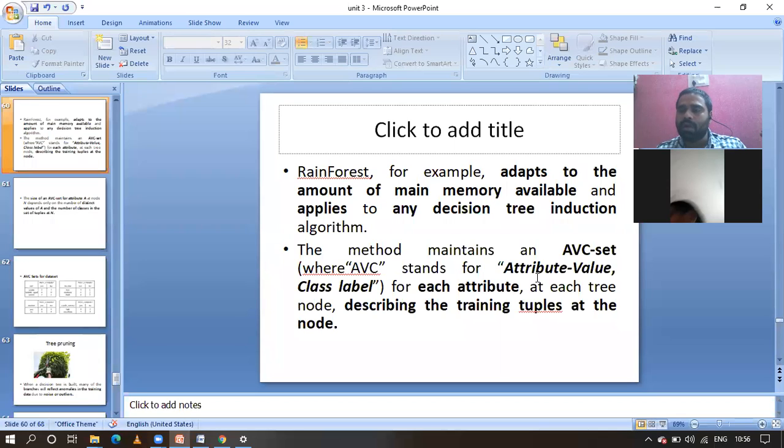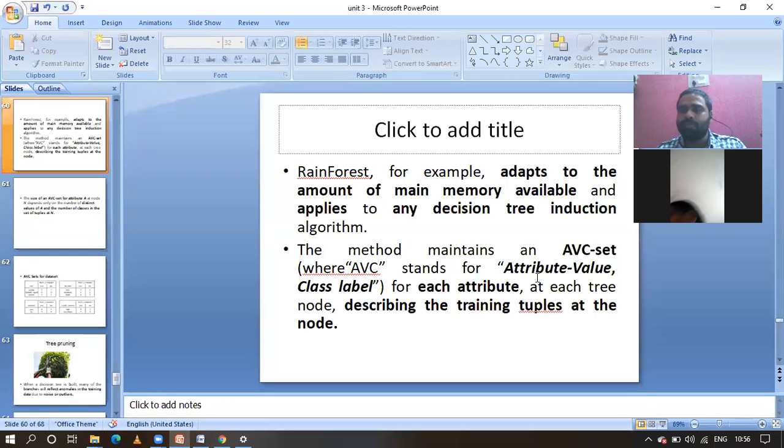Then the overall process will be simplified, guys. Overall, I am not going to take the entire training data set into the main memory. What I am going to do is subpartition it. How am I going to subpartition? With the help of the AVC set.